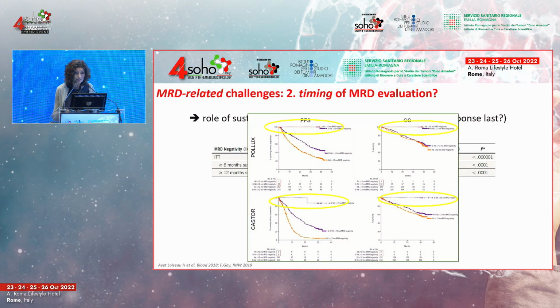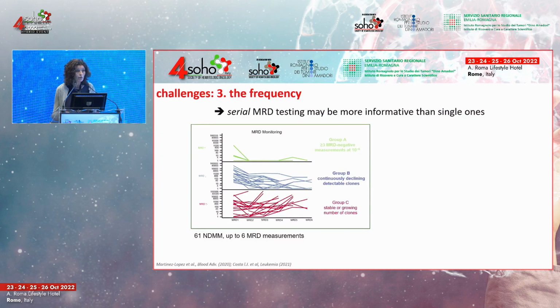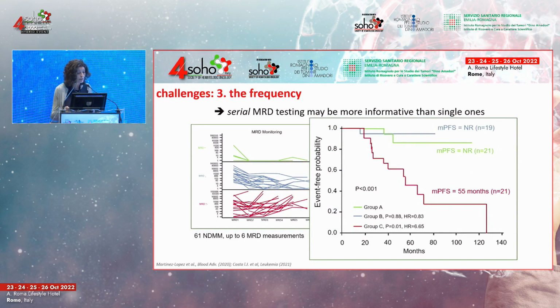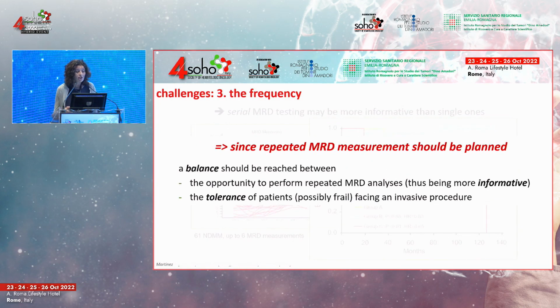And these important clinical results, together with the fact that serial MRD testing might be even more informative than the single one, as shown by this study, where patients with a continuously declining detectable clone behave similarly to patients in persistent MRD negativity, as opposed to patients with a stable or growing number of clones, as shown here,